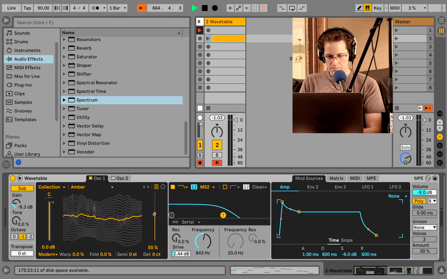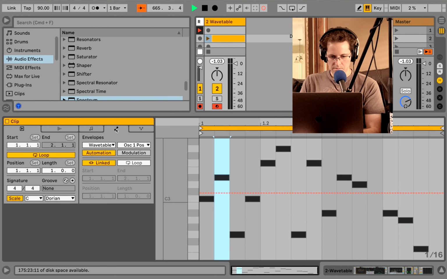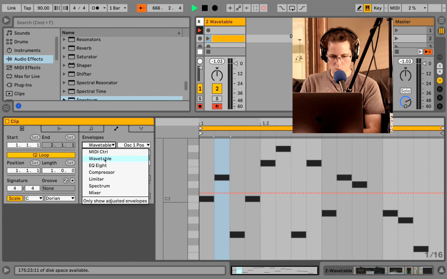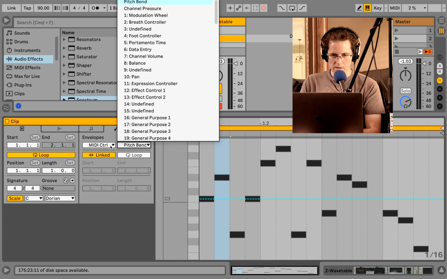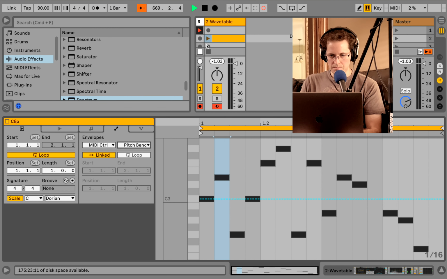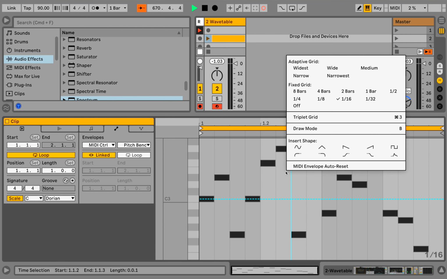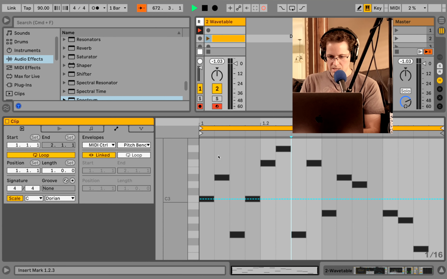Now what I'm going to do is push Shift-Tab. I'm going to make sure I'm in here, and I want to make sure I'm on wavetable. Now, before we were on MIDI control, which, by the way, is when you want to modulate pitch bend. So I'm going to play this and just show you what that sound is like. And if you're wondering, you adjust the grid resolution. I'm keeping it on 16th notes because I want to make sure when I go into pen tool, I can lock it in like this.